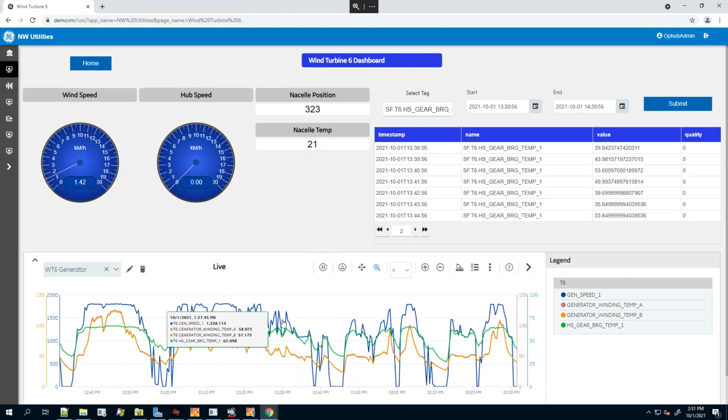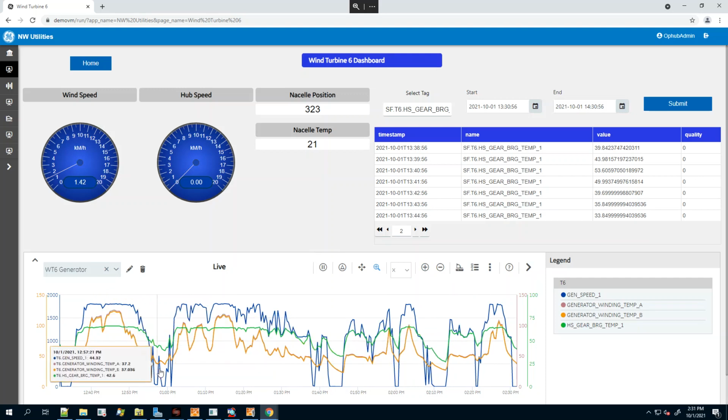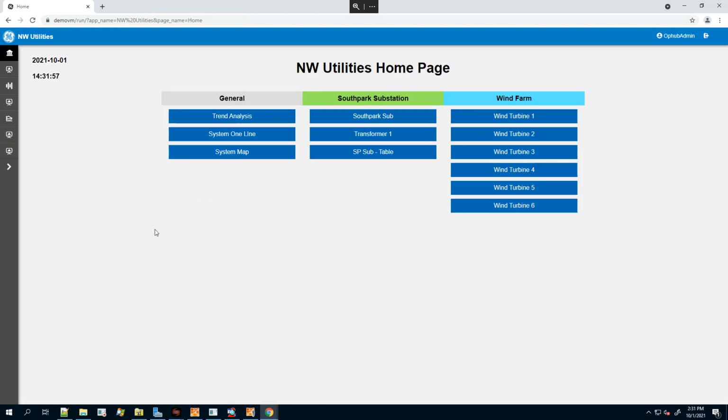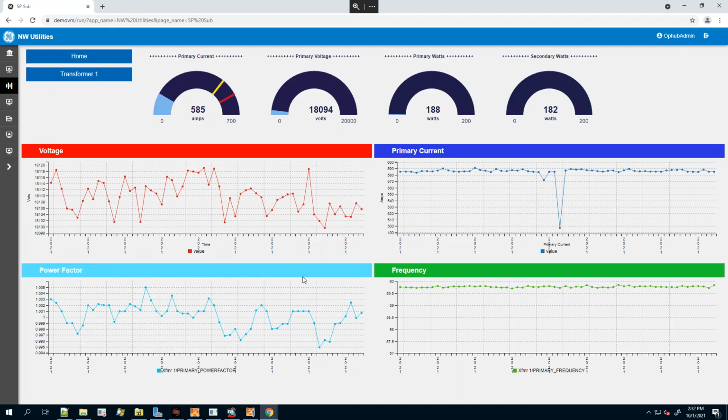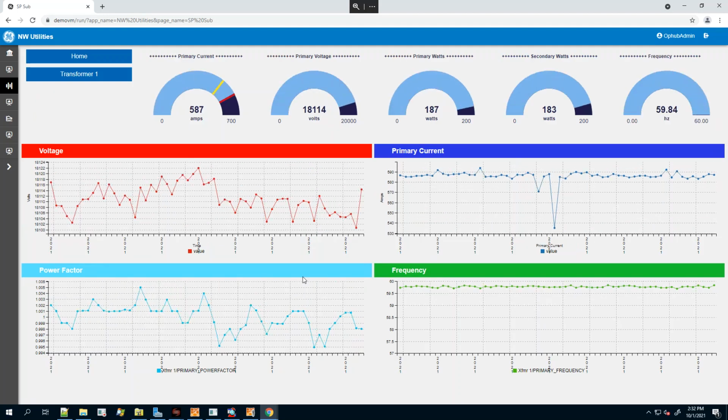And then down here at the bottom, I have another example of the trend that we looked at just a few minutes ago that you can use either as a full screen trend, or you can add it to another page like I have here where it's part of another dashboard. So these are all just simple examples of pages that we created to demonstrate the capabilities of our Operations Hub